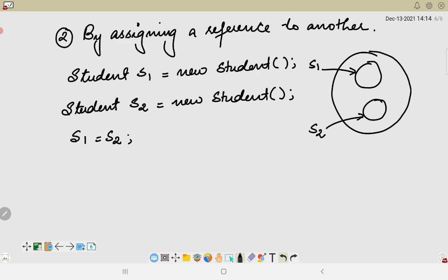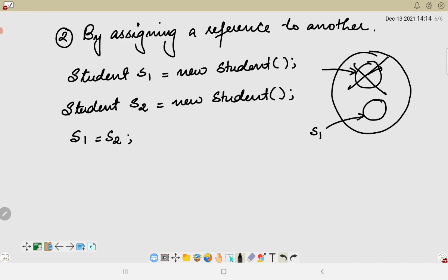Whenever I do this, the previous reference gets removed and s1 is replaced with s2. The first object which was referred by s1 will now be available for garbage collection. That means this particular object could be destroyed completely by the garbage collector.